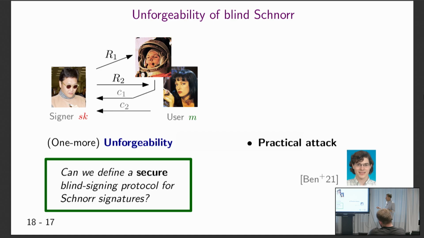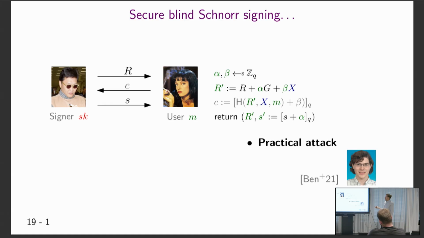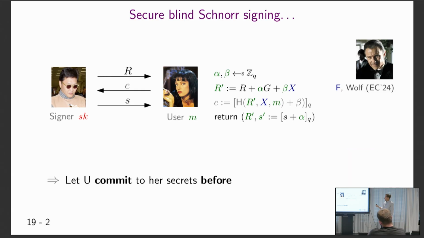So the open question that we addressed was, can we define a blind signing protocol for Schnorr signatures? Often with blind signatures, they just invent the scheme and then you have some new signature format. But for our applications like Bitcoin, we needed a blind signing protocol that really produces the Schnorr signatures as specified by Bitcoin. And it was not known how to do that. So that's what we did in a work with my student Matthias Wolf at Eurocrypt last year. And the idea is, in hindsight, not that complicated.